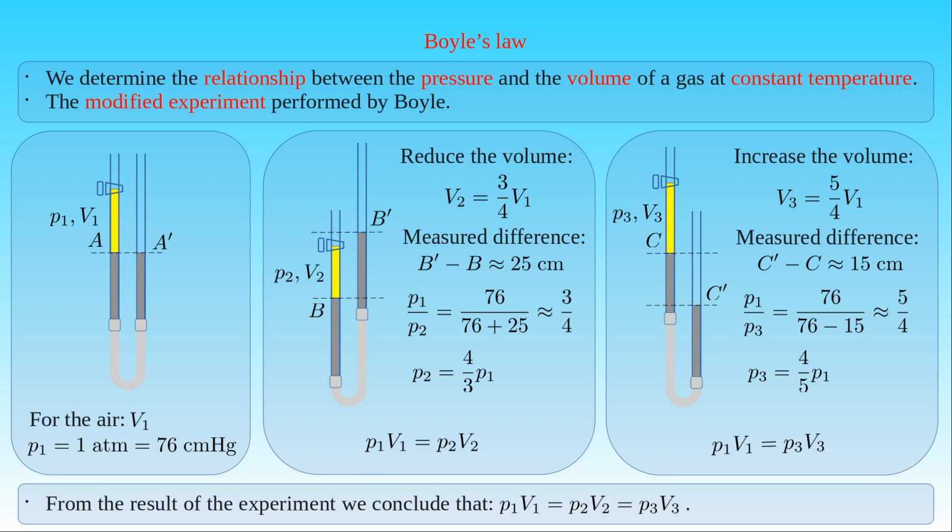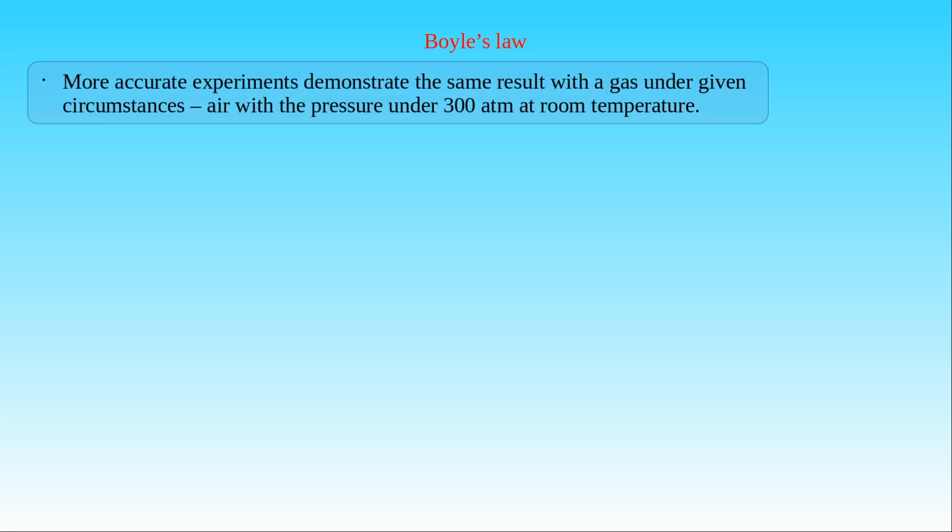Therefore, P1 times V1 is equal to P2 times V2, and also to P3 times V3. Then the experiment shows that the product of the pressure and the volume of a given amount of air is the same for an arbitrary volume or an arbitrary pressure. More accurate experiments demonstrate the same result with a gas under given circumstances. For example, we obtain this result for air with a pressure under 300 atmospheres at room temperature in a relatively